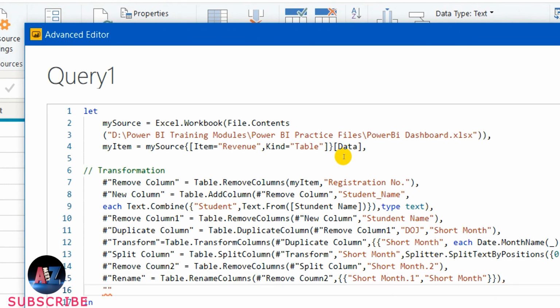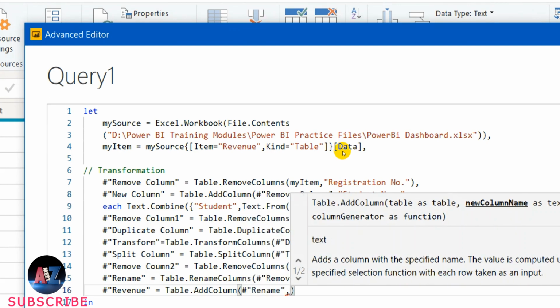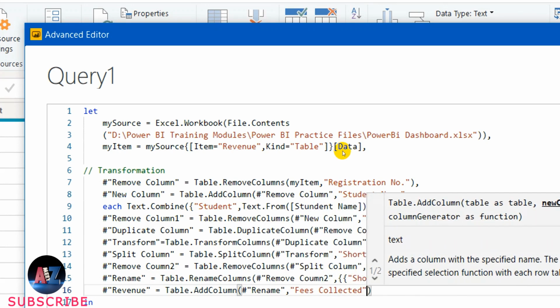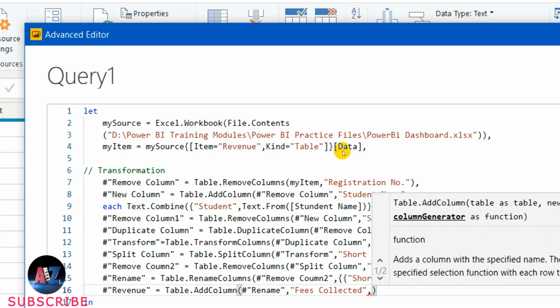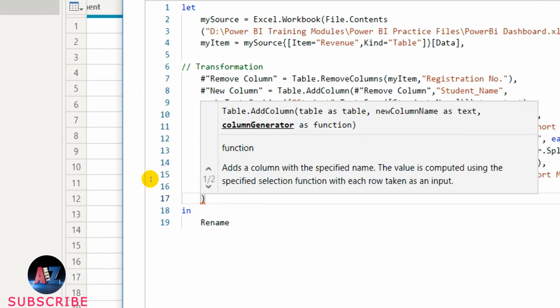Now this step name is revenue, hash revenue equal Table.AddColumn, and then the previous step, that is rename, column name is, new column name is fees collected, and then this is a new column, so obviously you need to create a function, so it has to be with each cell value, so each, and then I'm starting the coding.